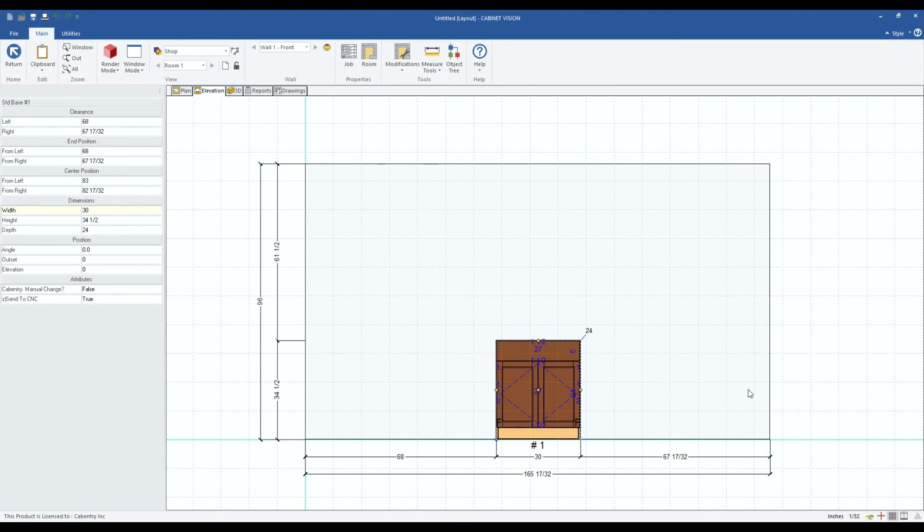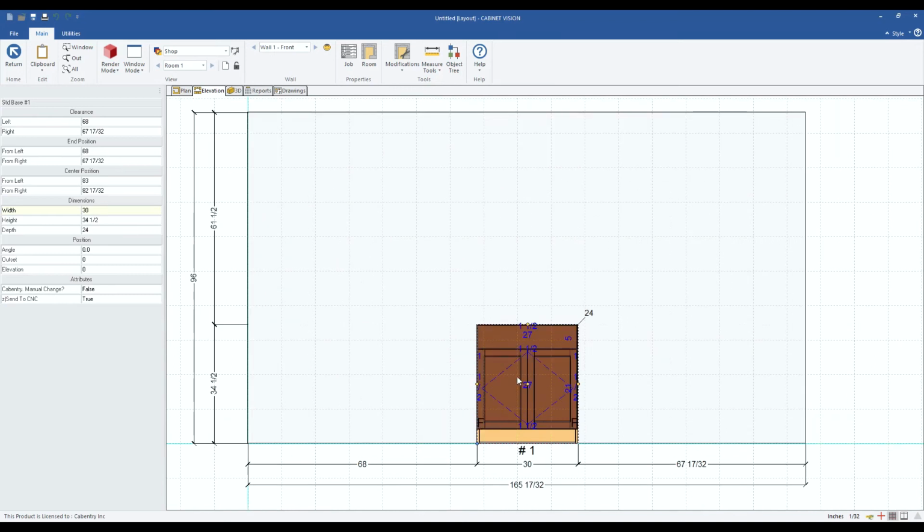Okay, next let's look at object intelligence. And object intelligence is done on a cabinet by cabinet level. It's not done like a construction method would be. So I'll give you an example. I'm going to go inside this cabinet,